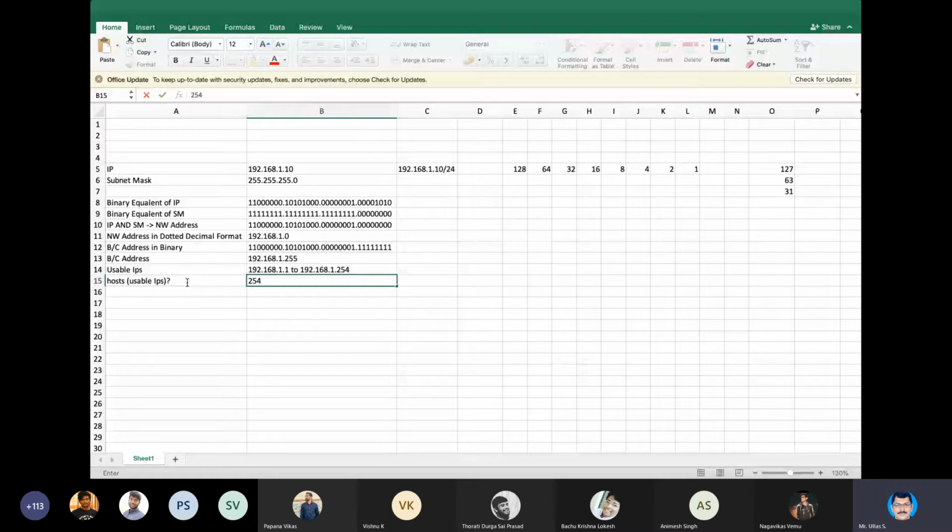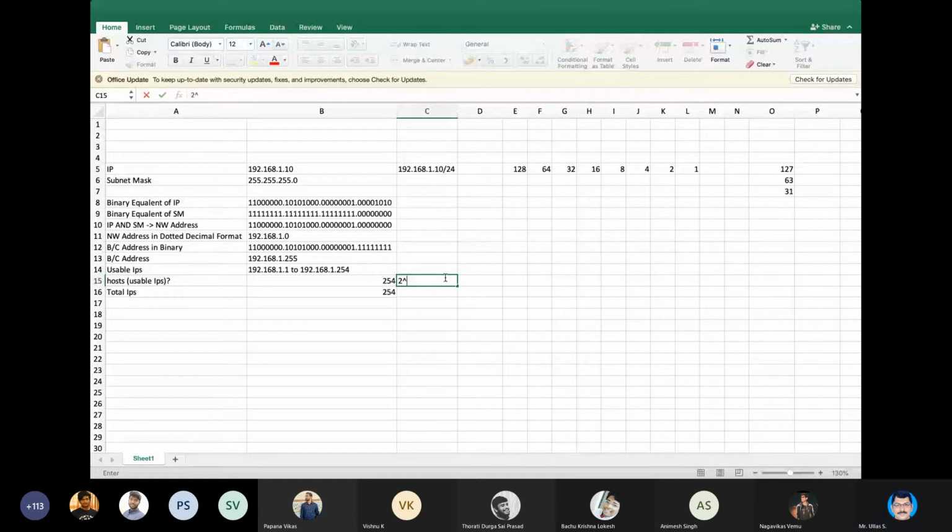How many total IPs are there? 256. Okay. So this you can actually calculate by using a formula. You can write it like this: 2 raised to, I don't have a raised to symbol on my keyboard. Okay, 2 raised to, we use this symbol for raised to, right? 2 to the power of h minus 2. So here h is the number of host bits.